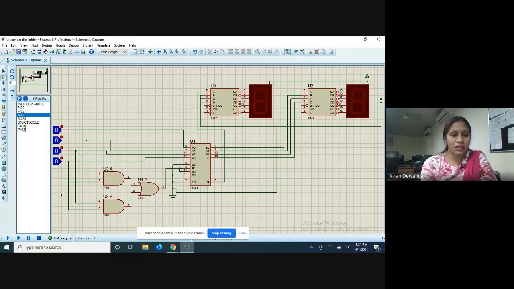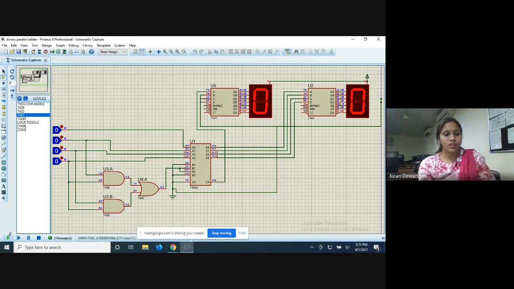Now let's check by running it. Now I'm clicking on the run button. Here it is running. Now we can see that as all my inputs are 0 0 0 0, the display is showing 0 and 0. Now I should give 1 to it. Let us give 1. Now we can see that it is 0 1. So this is 0 0 0 1. This is A3, A2, A1 and A0. A0 is 1, that is the LSB, the least significant bit, is 1. So that is how it is showing 0 and 1.